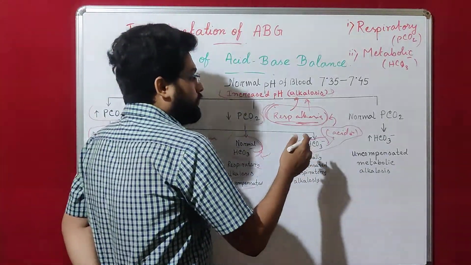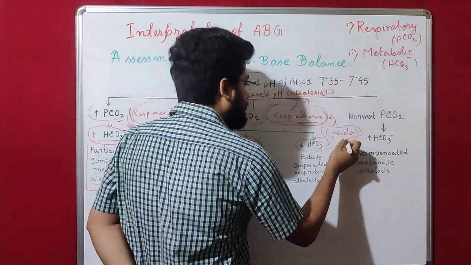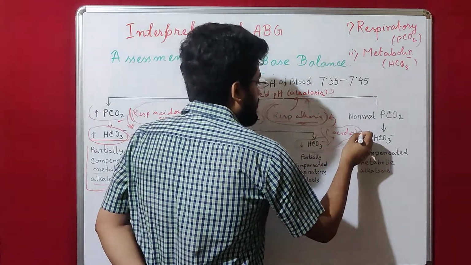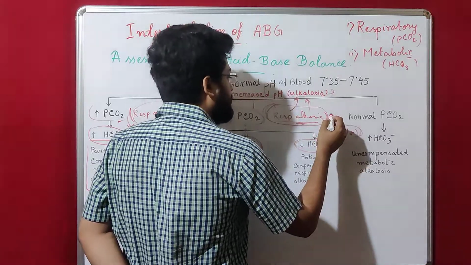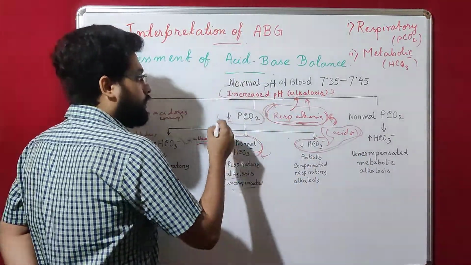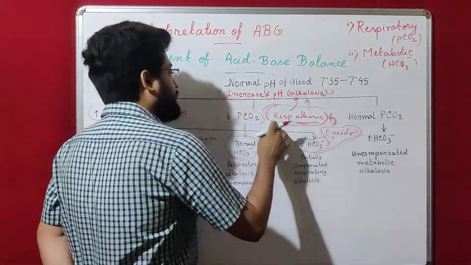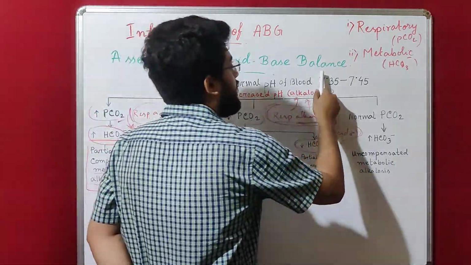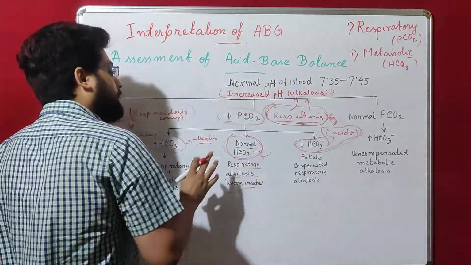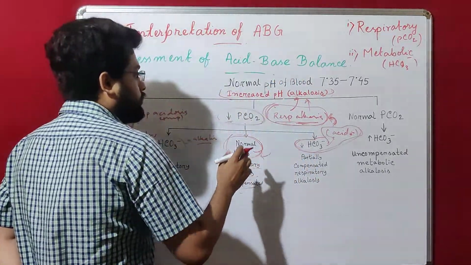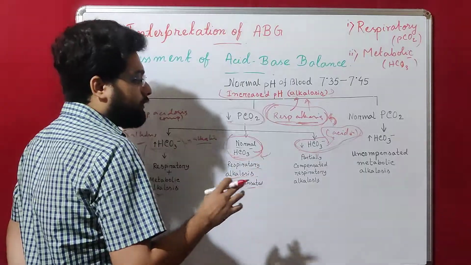Again, you have to see if this compensatory mechanism is complete, that is, if the metabolic acidosis is enough to eliminate the respiratory alkalosis. Again, no, because if this compensatory component was sufficient, then the pH level would be within the normal range. But the pH level is not normal, it is alkaline. So it is trying to compensate the respiratory alkalosis but cannot fully compensate.